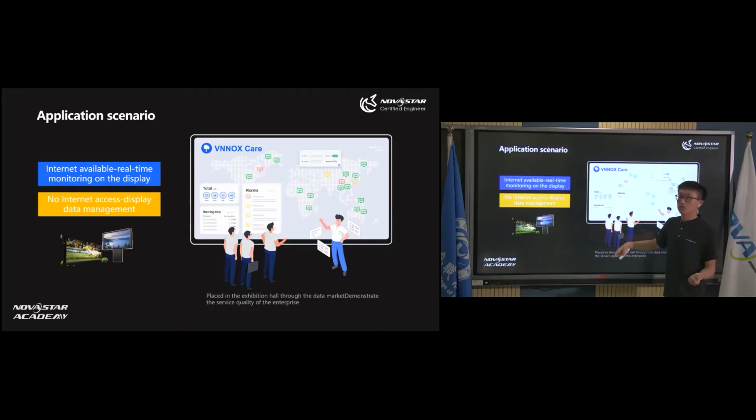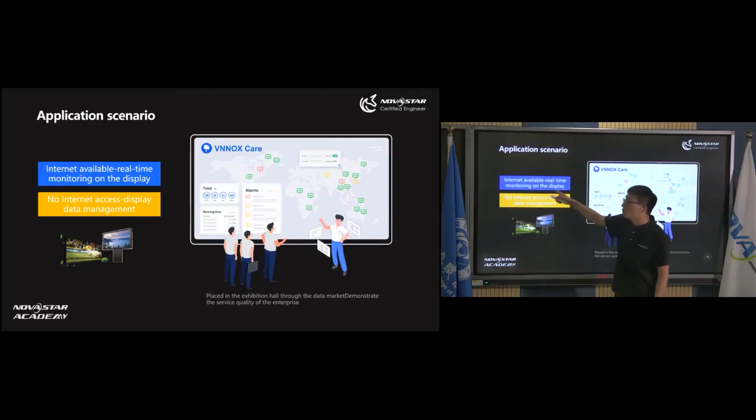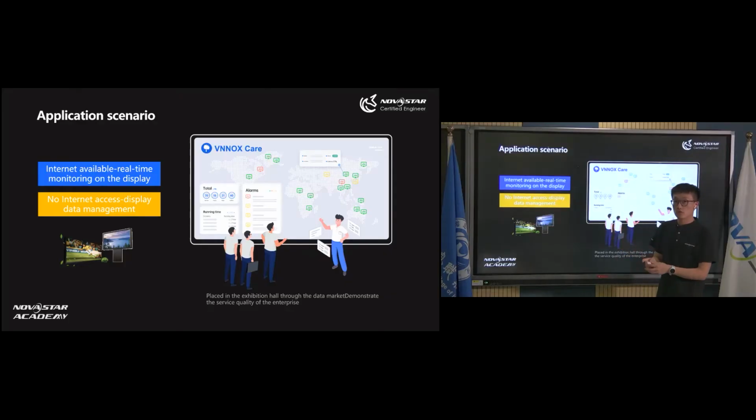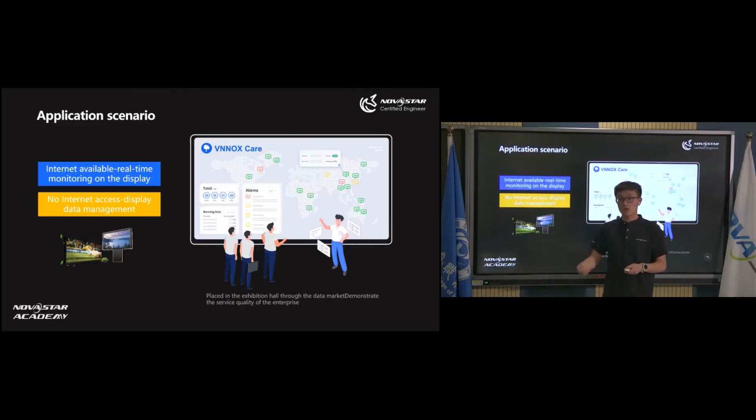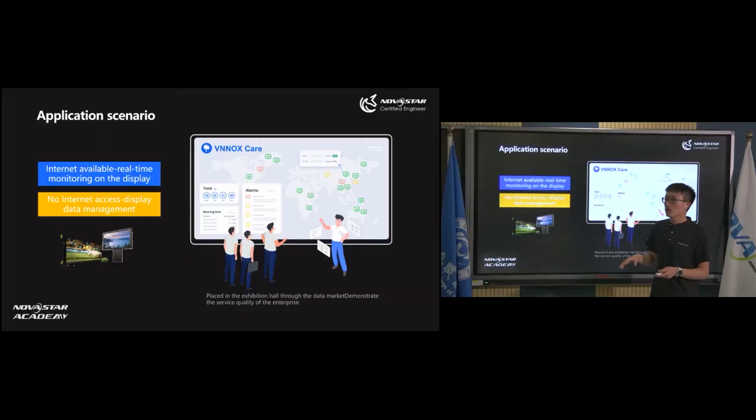The application scenario for Vinox Care is two ways. If you use the Terrace box and the Terrace box gets online, or you use the computer and load a synchronized mode structure such as VX servers, the PC gets online. When it gets online, it is available to monitor the display in real time, such as when your receiving card gets an issue,